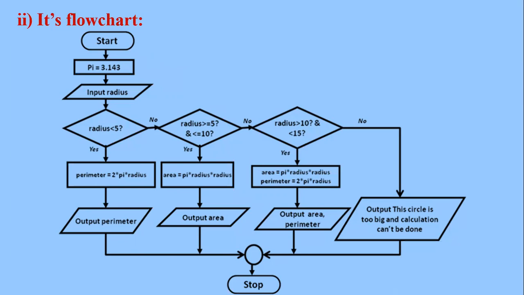So, is radius greater than or equals to 5, and less than or equals to 10? If that is true, that means the condition is yes, calculate the area by multiplying pi times radius, and display the area. Otherwise, if the radius is not less than 5, it is neither equals to 5